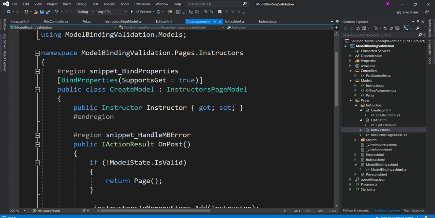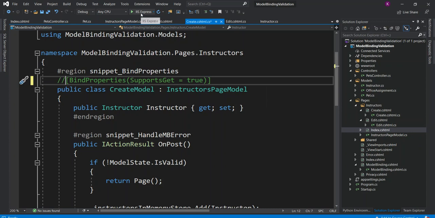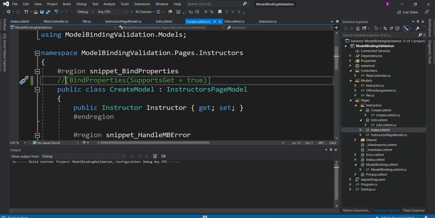And I have put another decorator, SupportsGet equals true. When this is true, it allows the property to be bound on a GET request, otherwise not.